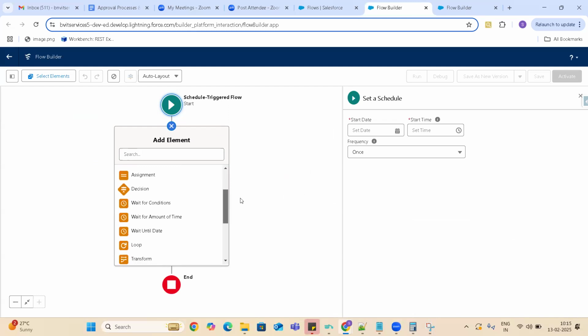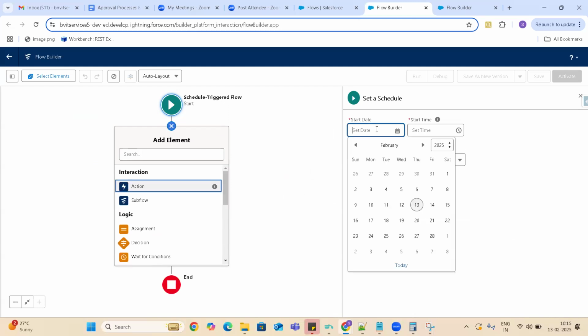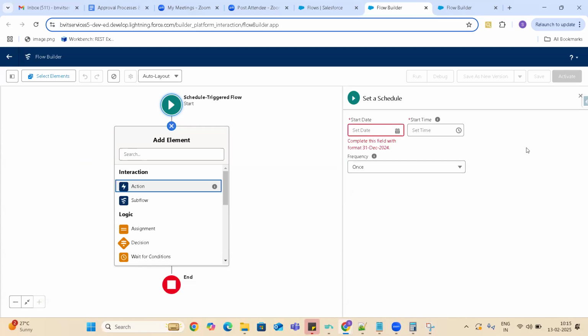Okay. Same kind of elements, like data elements, logical elements or interaction elements. But the only difference is you can select a particular time, like a date and a particular time, and you want to make it once, daily or weekly.